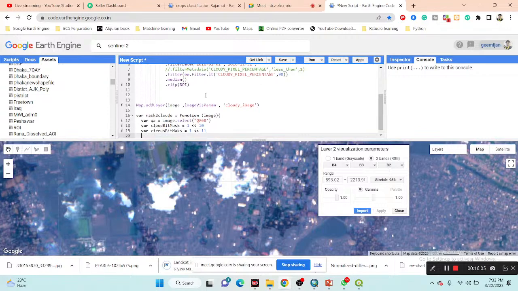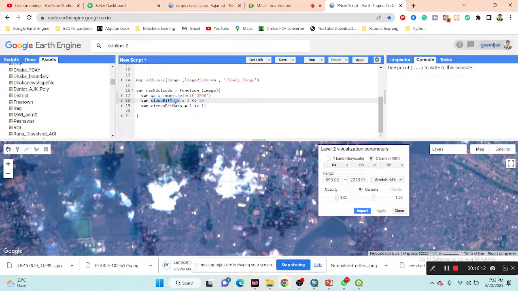Okay, so it means that now bit 10 and bit 11 are stored in these variables: bit 10 is stored in this variable, and bit 11 is stored in this variable. This time, I set equal to 0, also set equal to 0, signal 0, then it identifies the clear condition. Okay, for that, take a variable, suppose mask, and then call the QA band, because bit 10 and bit 11 are part of the band